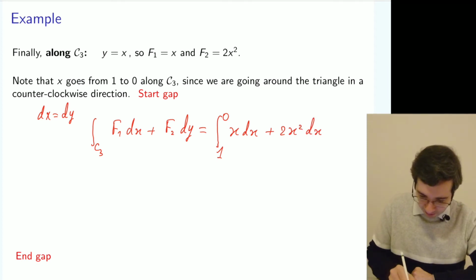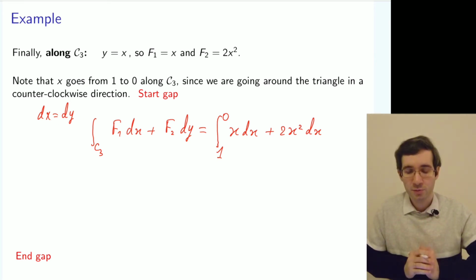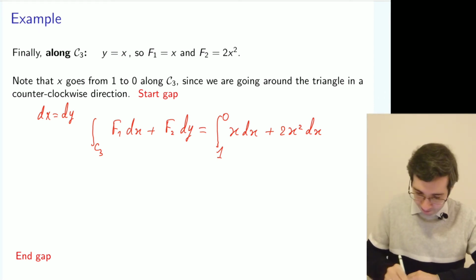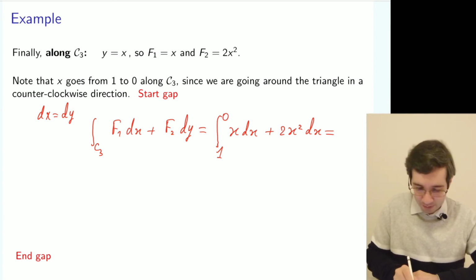So again, this is the same because the line is just x equals y, so we differentiate left and right of that. And we substitute inside, instead of the abstract f1 and f2, we get the actual